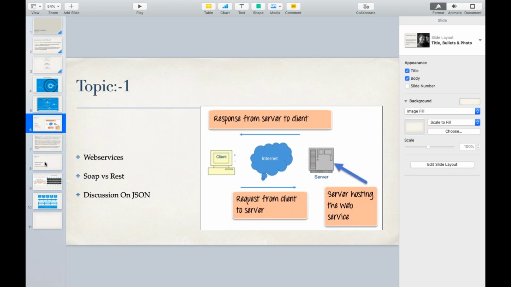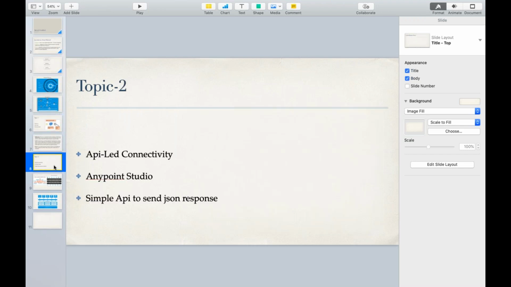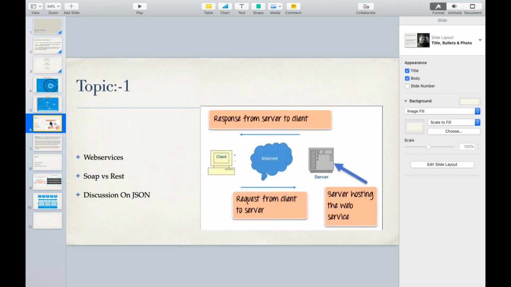Today's topic should actually start from the discussion on JSON and API-led connectivity. But as most of the candidates have not attended the demo sessions, I'll start from topic one. What are web services? What a web service is, SOAP versus REST, and a discussion on JSON.